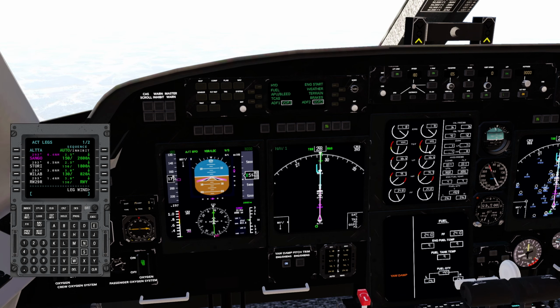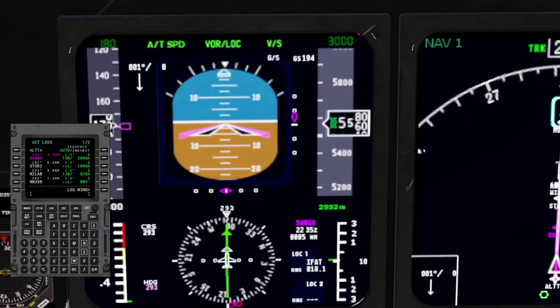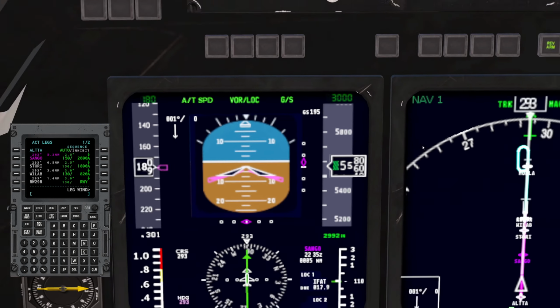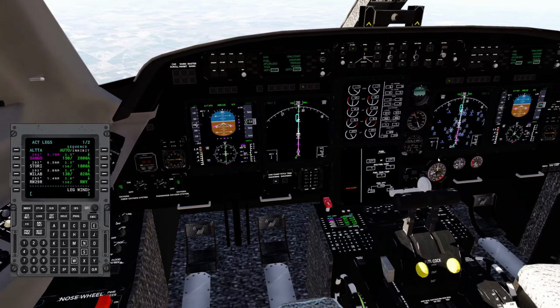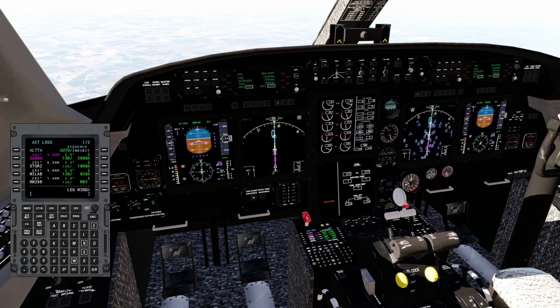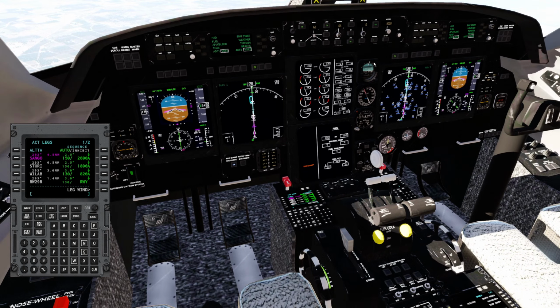Once you enable vertical speed, that turns vertical navigation off. That also means that you now have control over the auto throttle. As you can see, the auto throttle is still on, and it has the plane set at 180 knots. And we can look in and see it capture the glide slope right now. There it goes. And you can see the plane is descending now. And now I'm going to dial down the auto throttle to about 160 and put the flaps all the way down.